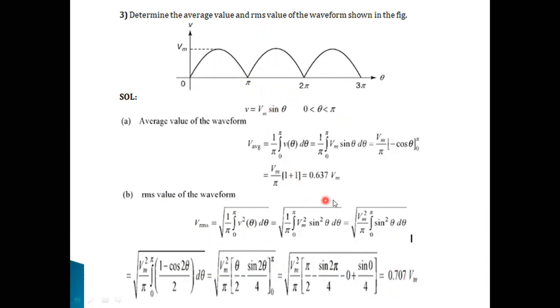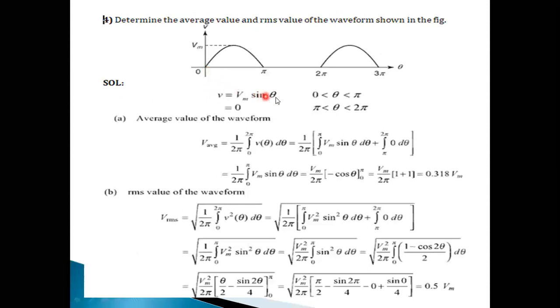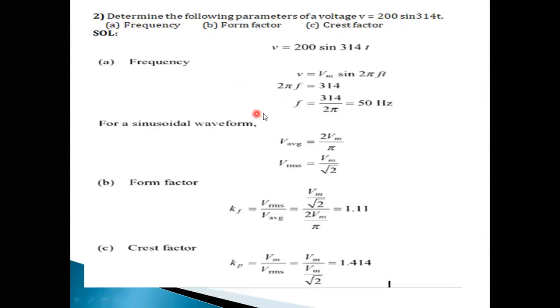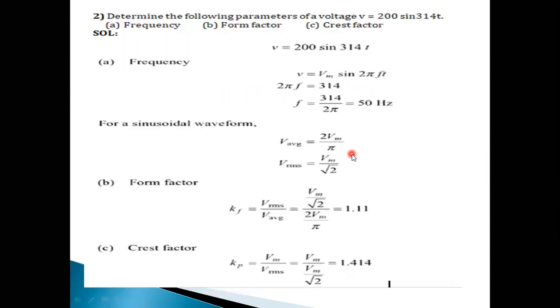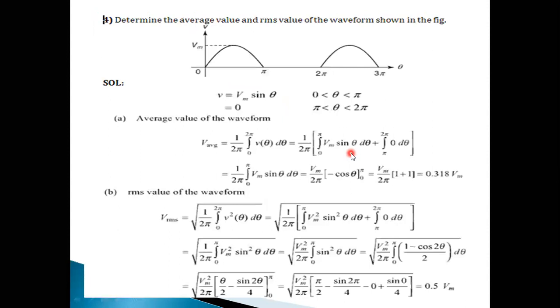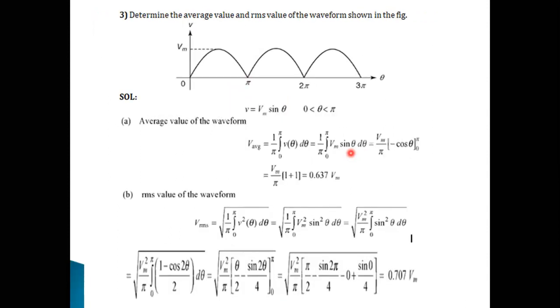These are the simple numericals. Just observe these numericals. When you consider repeating cycles, you have to consider only half cycle, which is enough. In the previous problem, consider the full cycle time period. Only the time period matters. And in this numerical, just compare this equation to this one, and this one, the current equation. Yeah, these numericals play a crucial role from the examination point of view. Try to know these basics. All these basics are only for the part of AC fundamentals.